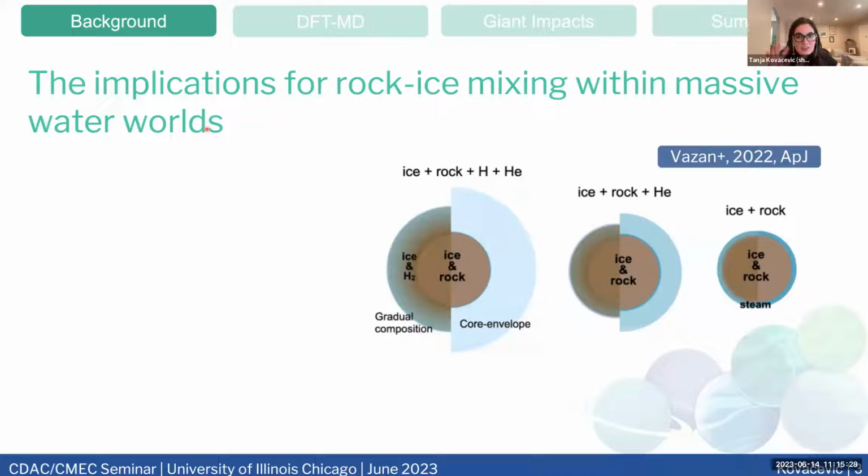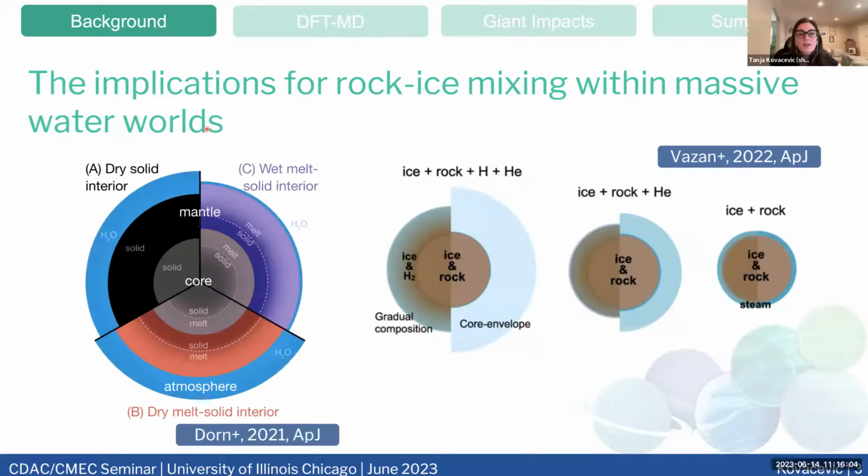And from that paper, with this thermal evolution work, they were able to determine, and they theorized, that rock and ice remained mixed for gigayears, and that the ice-water content of a planet, which was interesting for me, couldn't be inferred from the atmosphere alone. I mentioned how JWST is looking at exoplanets' atmospheres to see if there's water content, so maybe we have to think of some other ways to determine the water content within these planets. But let's just say for now that these rock-ice mixtures will last for a long time, and that there may be a large fraction of ice in the interior of these water worlds.